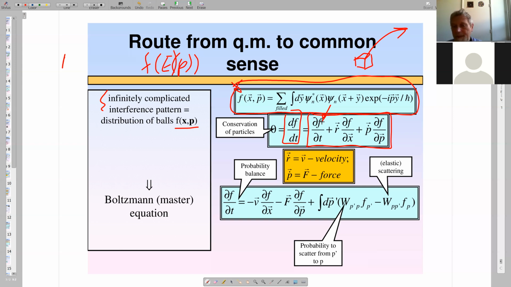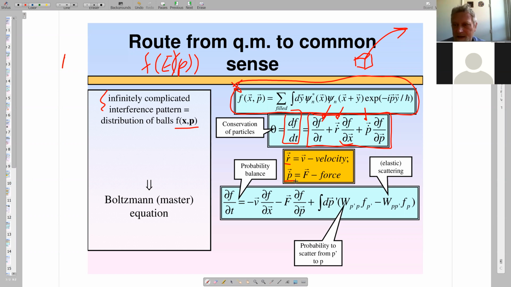And a change of coordinates gives rise to derivatives with respect to coordinates. Change of momentum in time gives the derivatives with respect to momentum. Right, now we can recall that this is eventually velocity. It depends on momentum. And this is a force, which depends on coordinates. So we have a closed equation to solve, which is called,